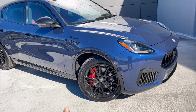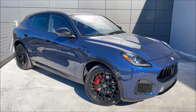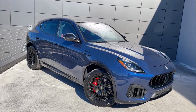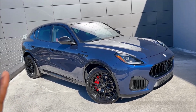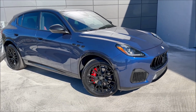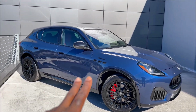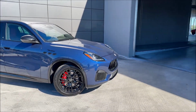Maserati went with a sporty aspect for the 2025 Grecales because not only is that new, but for 2025, they also blacked out the trim. Let's talk about that because you could get blacked-out trim pieces on the Grecale before, but this time around they blacked out the wheel wells, the side skirts, the rear bumper, the door handles, the portholes, all of it is done in black. And as you guys can see,